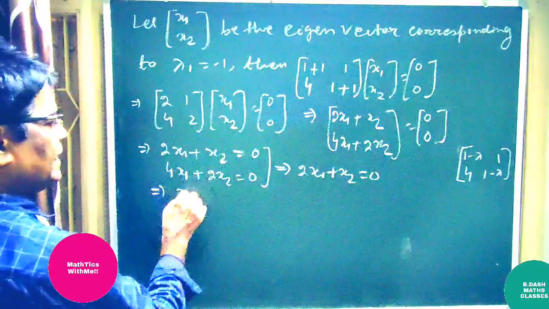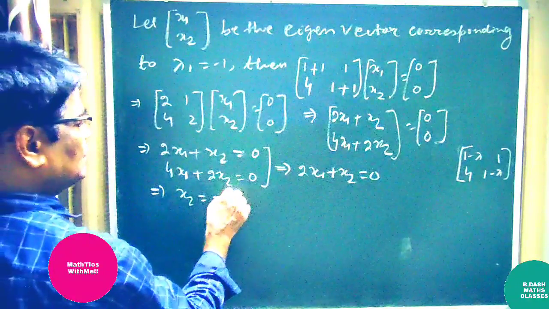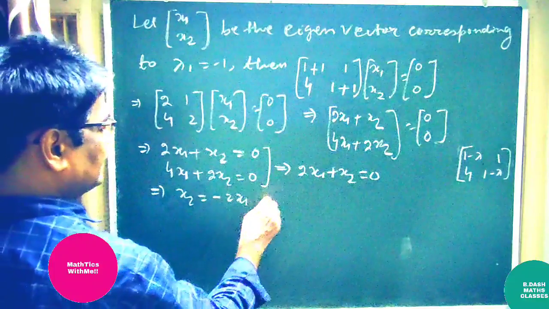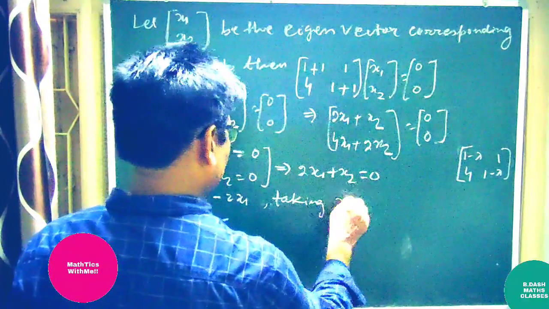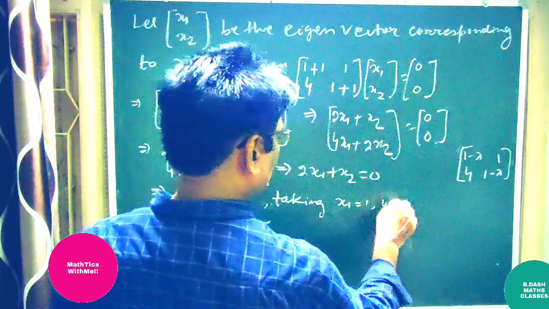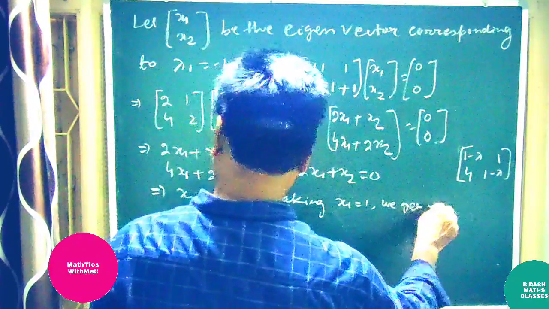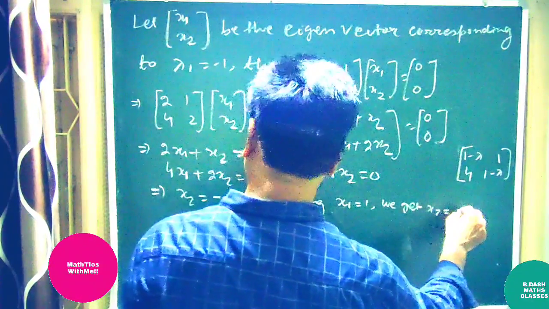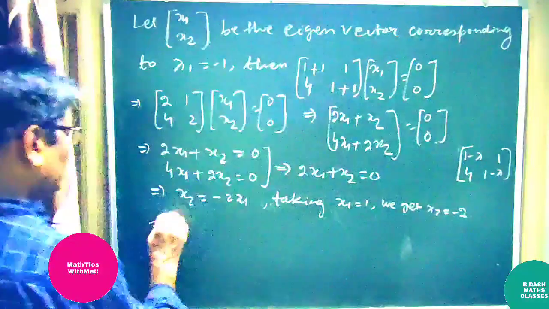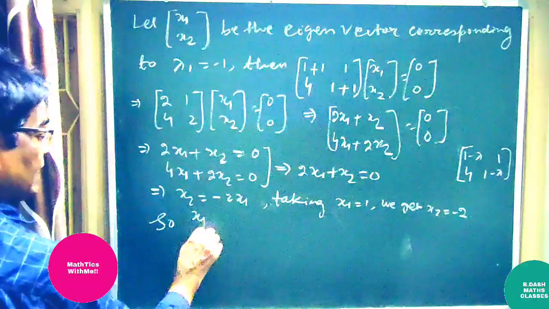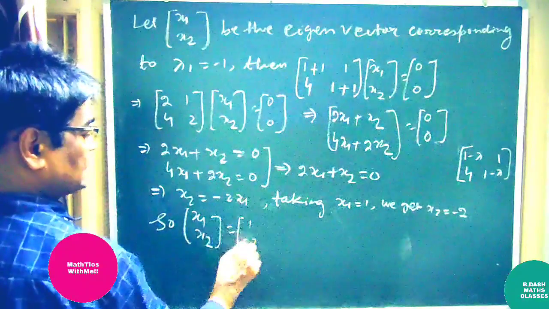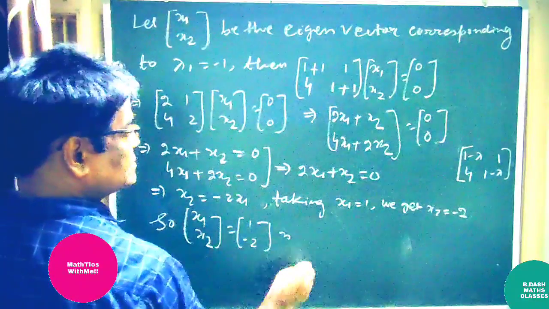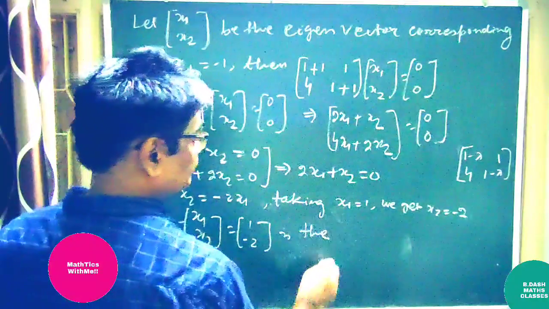From which we are getting x2 is equal to minus 2x1. Taking x1 is equal to 1, we get x2 is equal to minus 2. So [x1, x2] is equal to [1, minus 2] is the